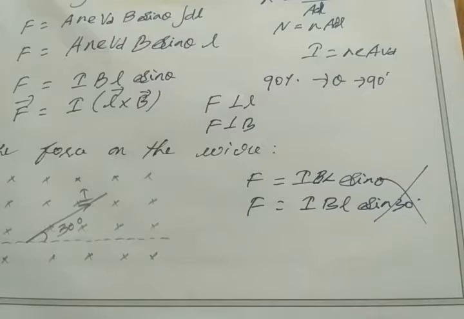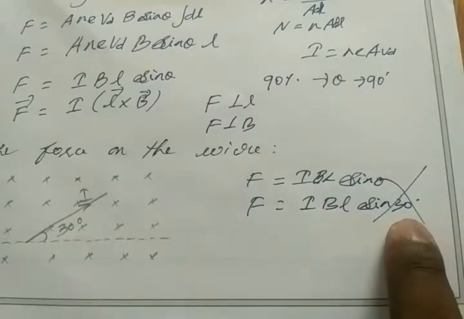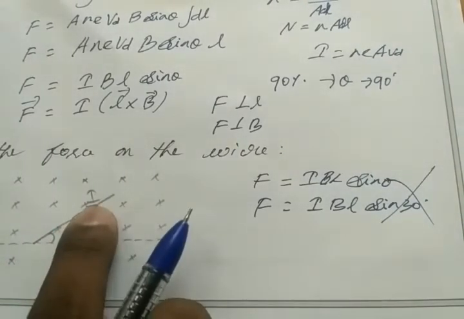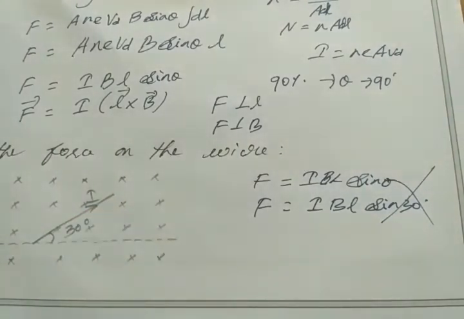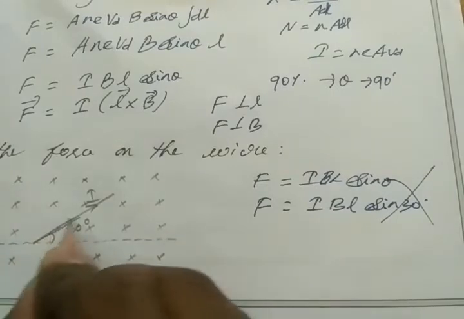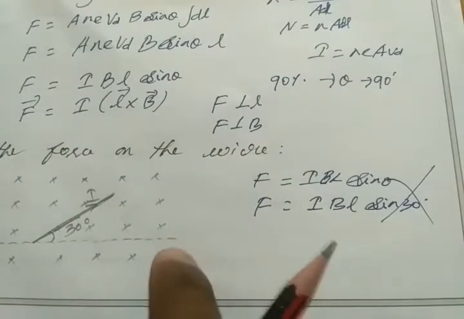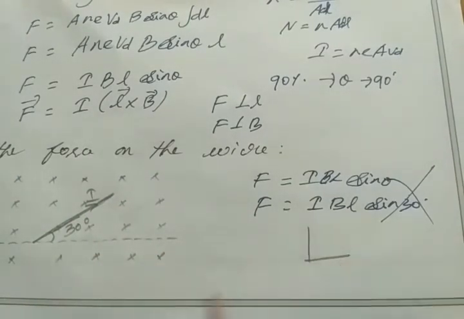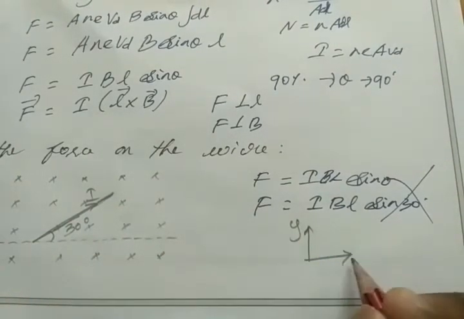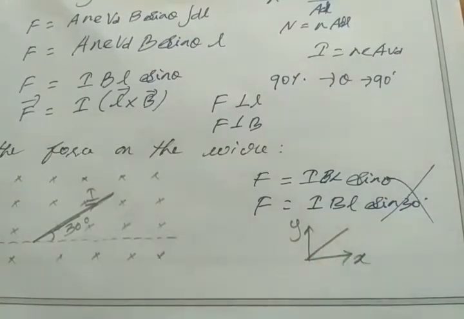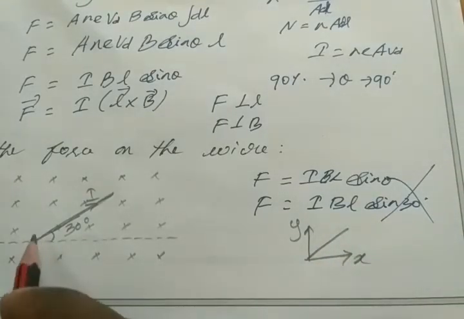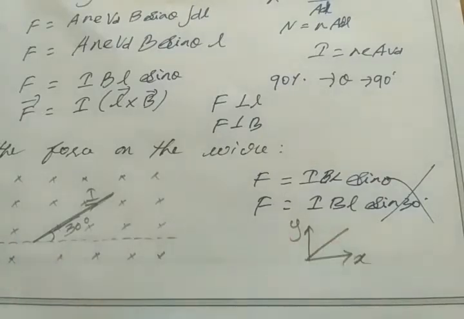Why? As I said already, theta means the angle between the magnetic field and the length element. So here the length element means the wire. The wire is in the direction of current. So this is my length element. My length element is in the XY plane, if we take this as X and Y. My magnetic field is along the Z axis, inside the paper. So it will create an angle of 90 degree definitely.